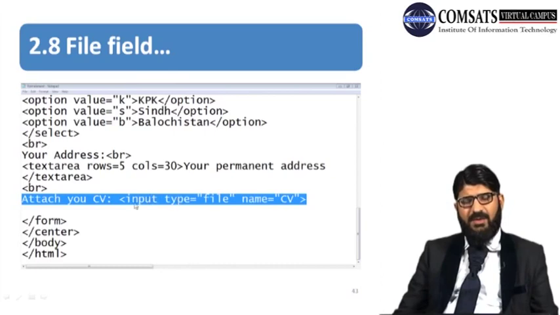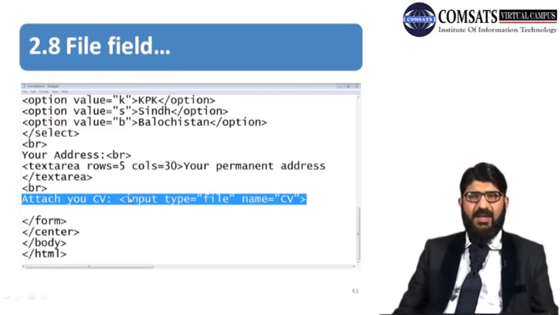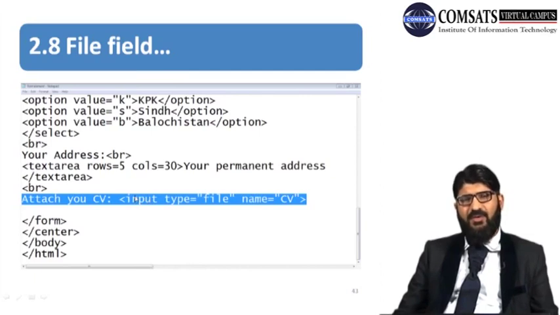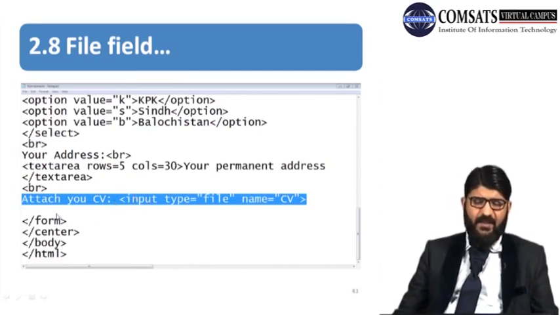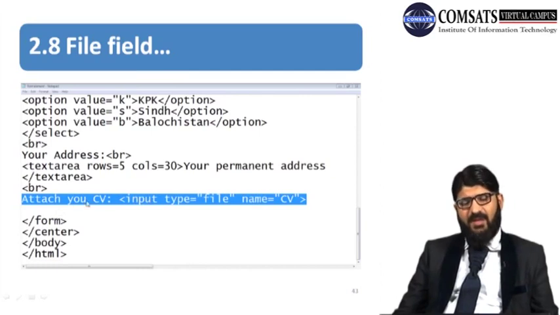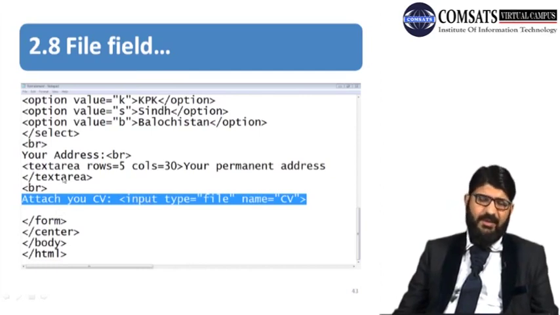Here, using some other attributes, you can also restrict what type of file the user can upload, like you only want the user to upload files of .docx or .pdf. You can also restrict through a length attribute the size of the document. For example, you want the user to upload a maximum of 1 MB of document file or PDF file. So now let's see what is the output of this particular line.